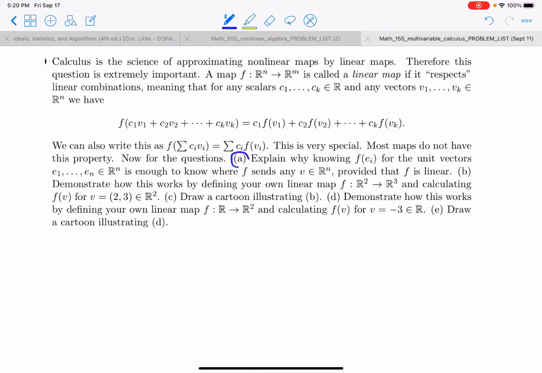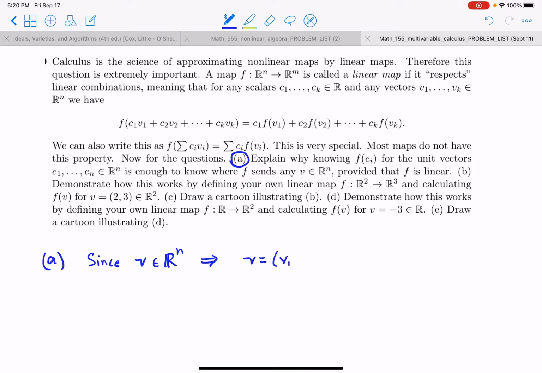So part A, explain why knowing f of e sub i for the unit vectors e1, e2, e3 up to en is enough to know where f sends any vector v in Rn, provided that f is linear. So if f is linear, explain why knowing the f of ei is enough to know where f of v is. Okay. So since v is in Rn,